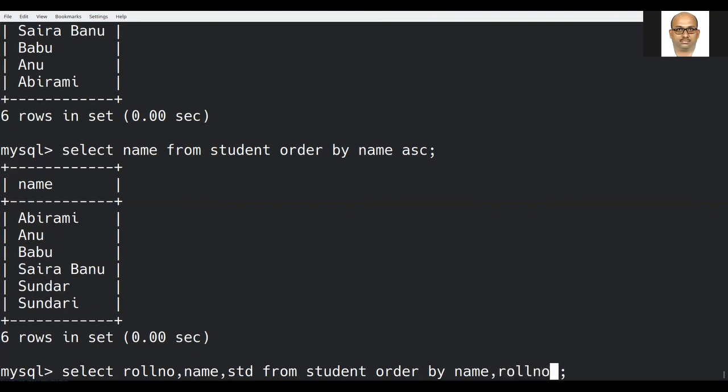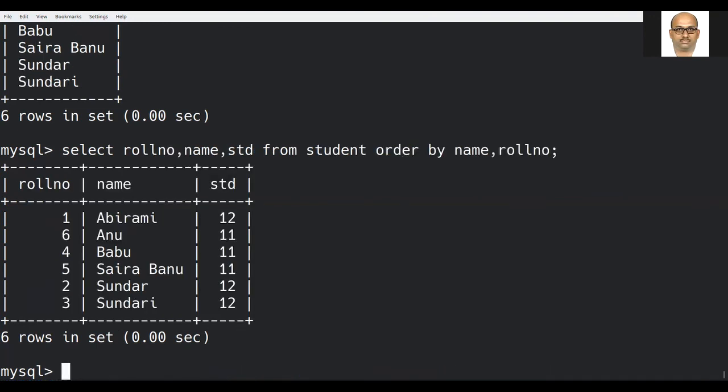Roll number appears second here. See, Abhirami, Anu. Then comes the particular person's roll number. Babu, Saira Banu, Sundar, Sundari. It is sorting those records based on name and then with the roll number.